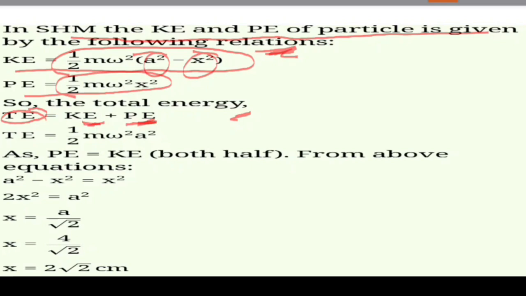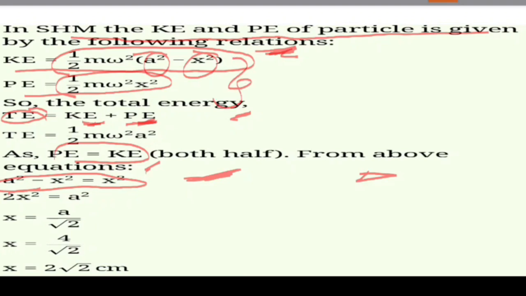Now it is given that PE equals KE. From the above equations, a square minus x square equals x square. If we equate these two, we get a square minus x square equals x square. Transferring x square to the right side, it becomes 2x square equals a square, so x equals a by root 2. Amplitude is given as 4, so 4 by root 2 is nothing but 2 root 2. So the displacement from the equilibrium position where potential energy and kinetic energy are equal is 2 root 2